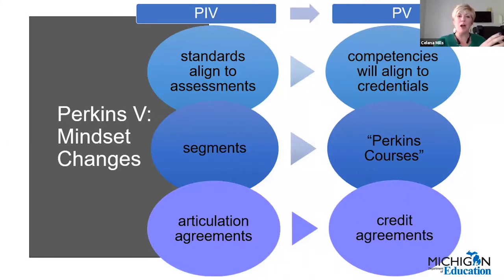So we moved from our standards that were aligned to assessments to credentials, and we'll talk about competencies here in a minute, but those competencies align with the credentials so that we're aligning our language. And then with that, the legislators also mentioned courses, and Michigan didn't work in courses, we worked in segments. And so as an answer to that, we are transitioning from reporting by segment to reporting in what we're calling